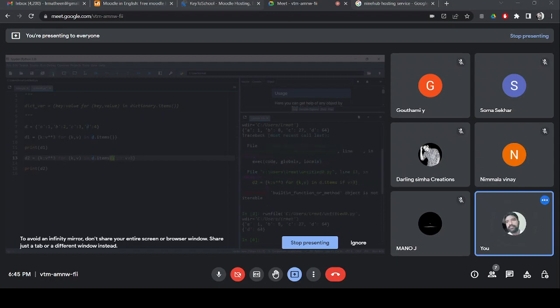Say for example, if I want to make a little bit more complicated one, I have to identify odd and even entries in the dictionary. We know that if the value is divisible by 2 with remainder 0, it is even, otherwise odd. And as usual, we are going to take the input from the same dictionary that is already available. Now I am going to create a dictionary d3,